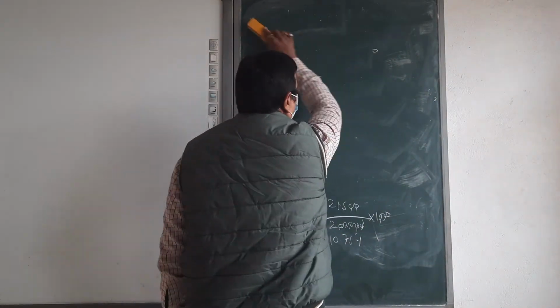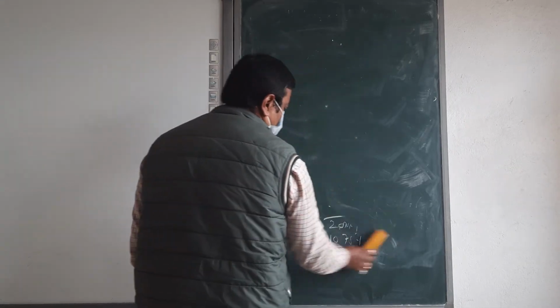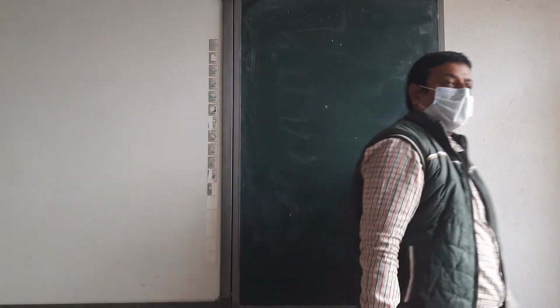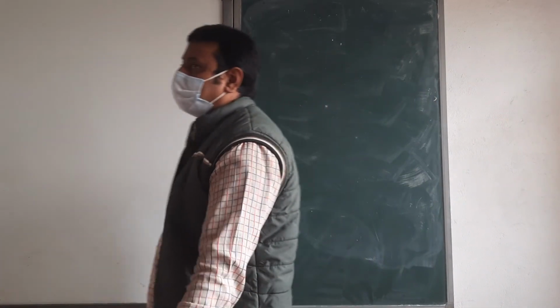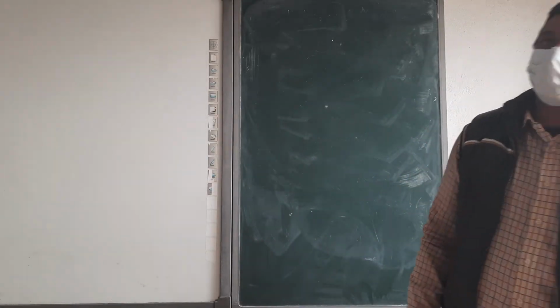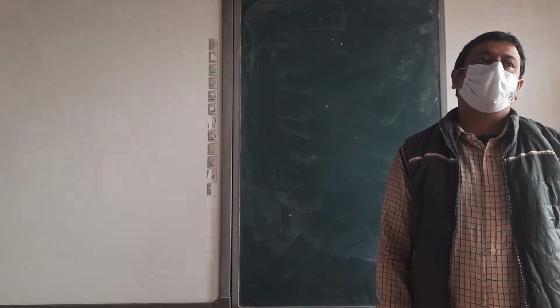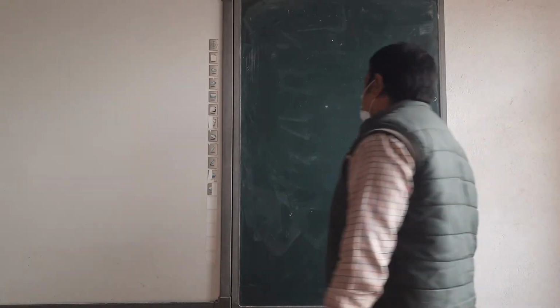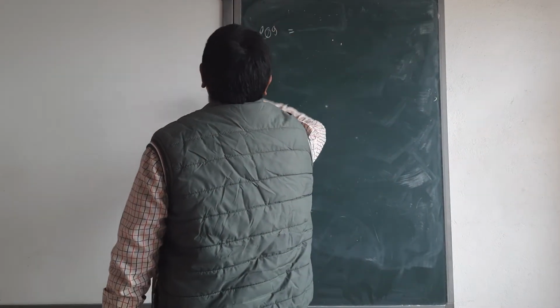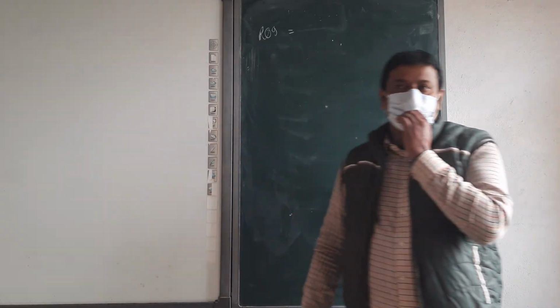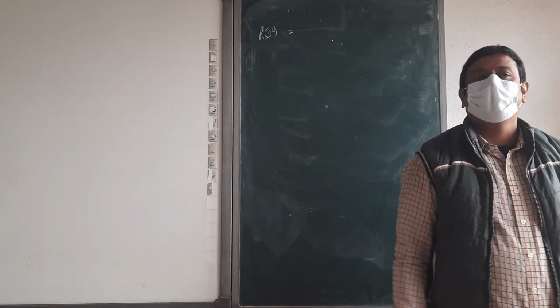Return on investment. It's a new type of ratio. The return on investment means what amount you are investing or purchasing the share or anything else, and on that share or investment, what amount you will get as return. So ROI, that short form is ROI, is equal to profit.